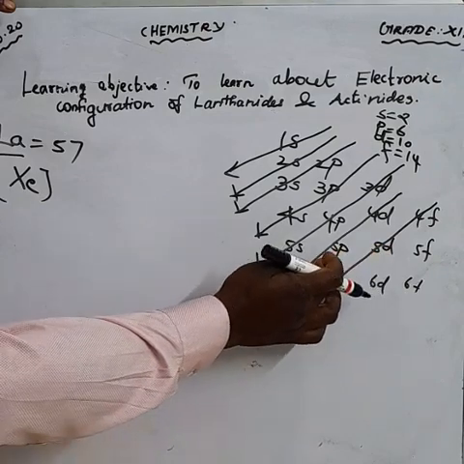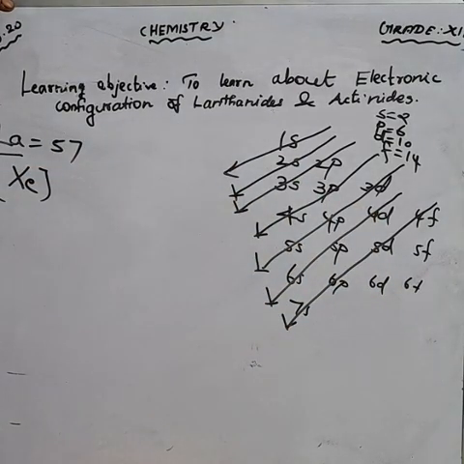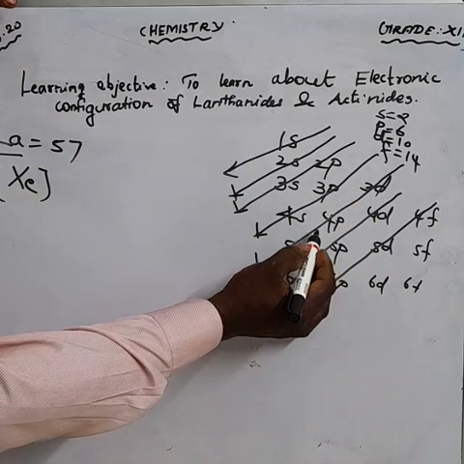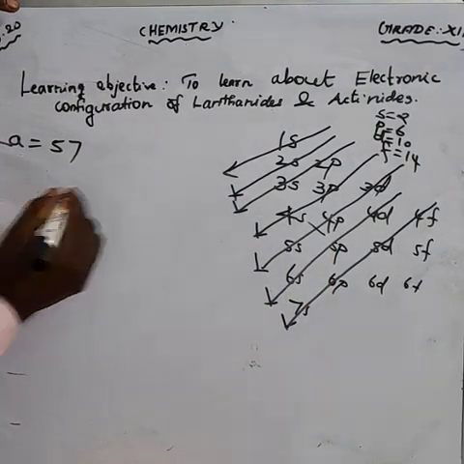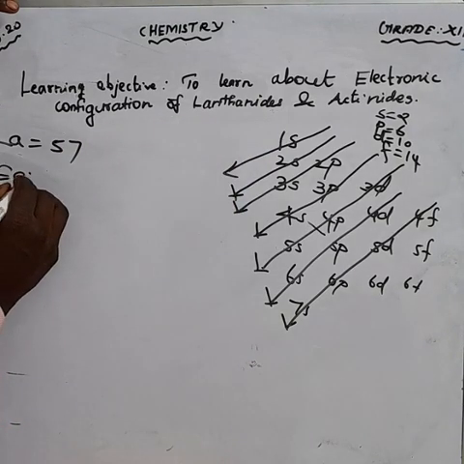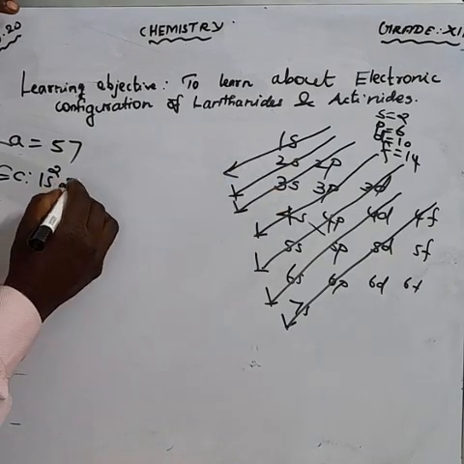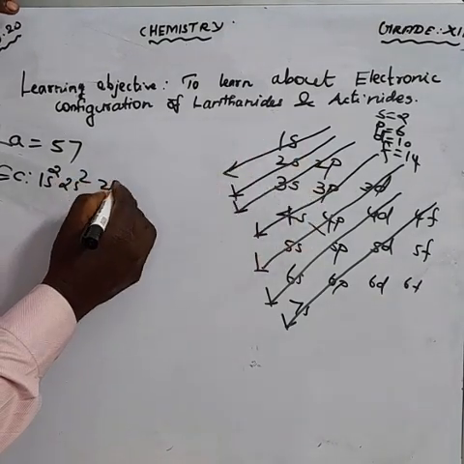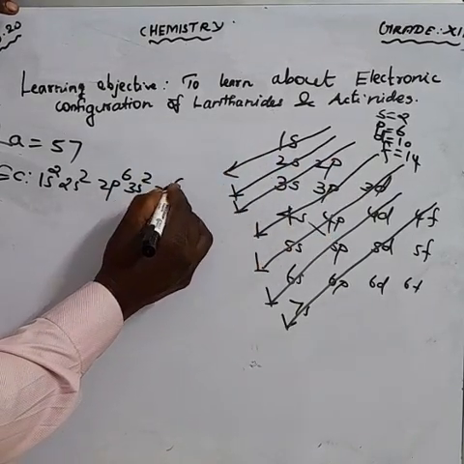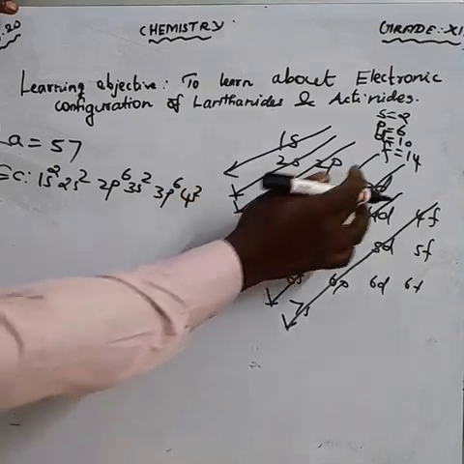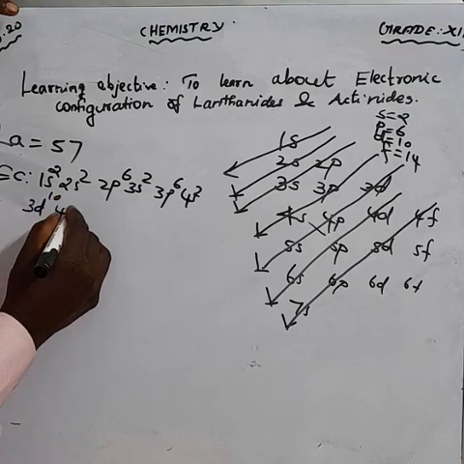It ends with 5p6, 4d10, 5p6. That means up to this much. Shall I write it once again so we can count the numbers? The electronic configuration is 1s2, 2s2, 2p6, 3s2, 3p6, 4s2, 3d10, 4p6,